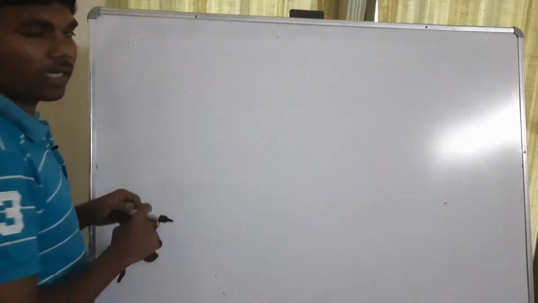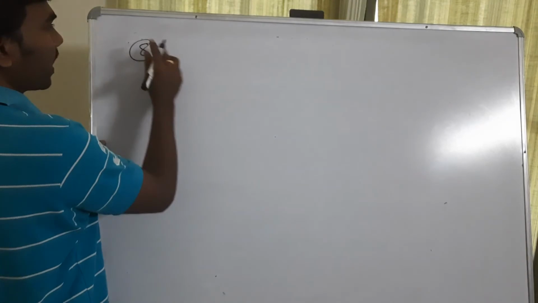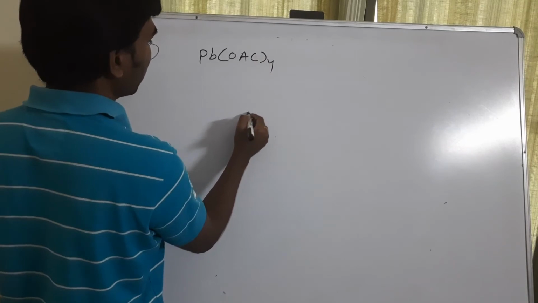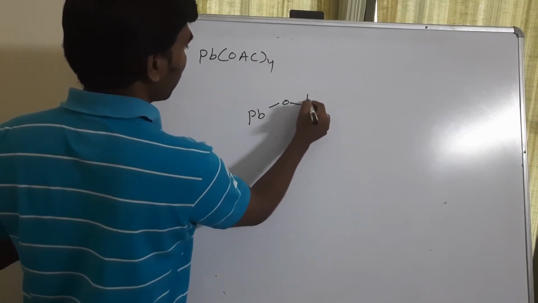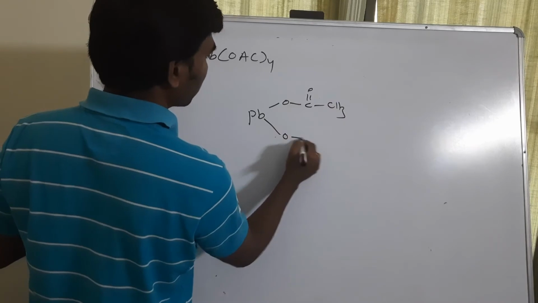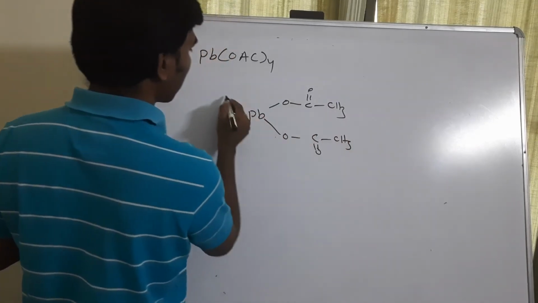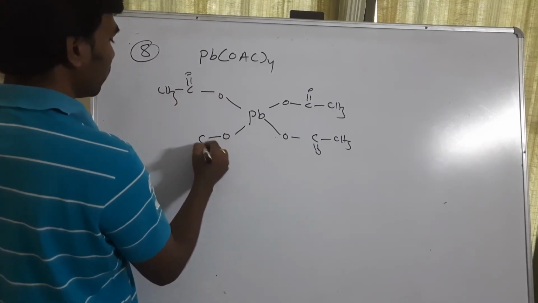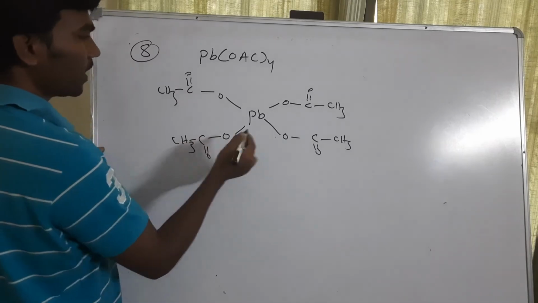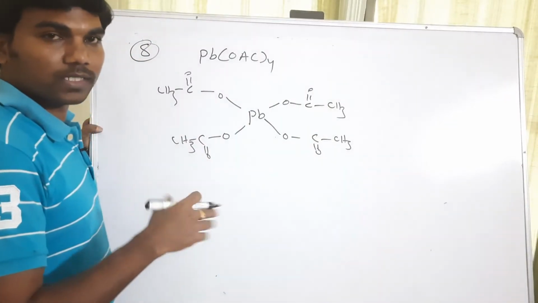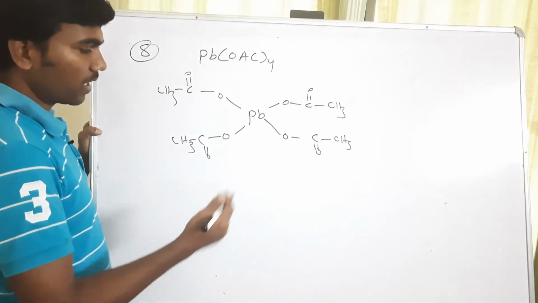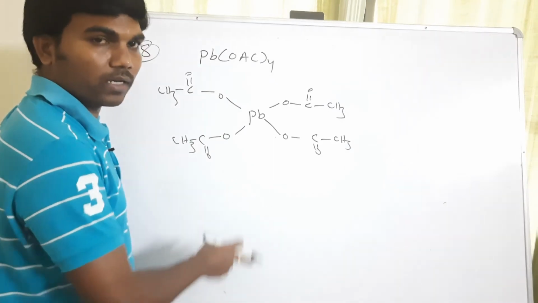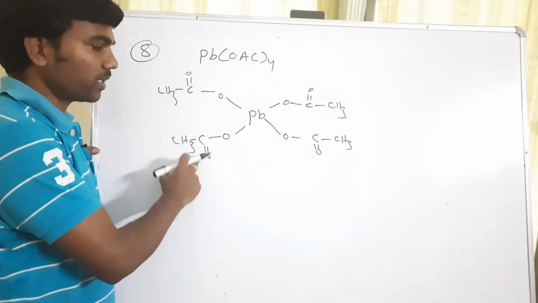Instead of periodic acid, you can take lead tetraacetate also, Pb(OAc)4, lead tetraacetate, with OC double bond OCH3 groups. This is called lead tetraacetate. This also will work the same as HIO4, periodic acid. It will convert diols to carbonyl compounds, aldehydes and ketones. Whatever the products we have taken in presence of periodic acid, the same reactants you can take, and the same products you will get.